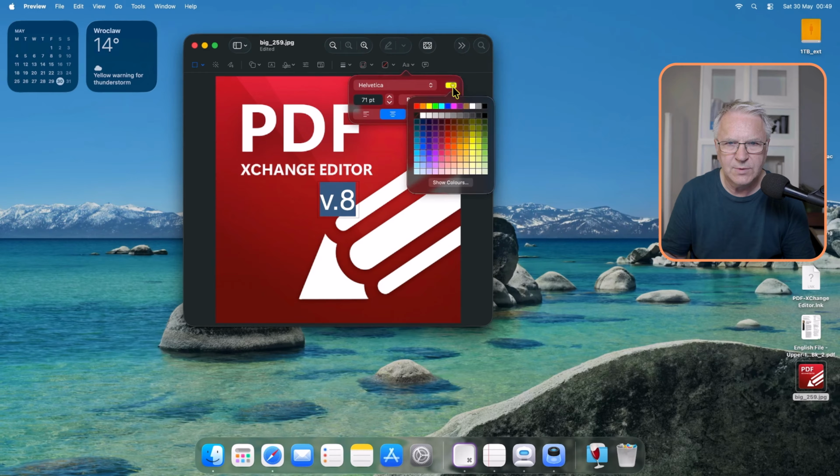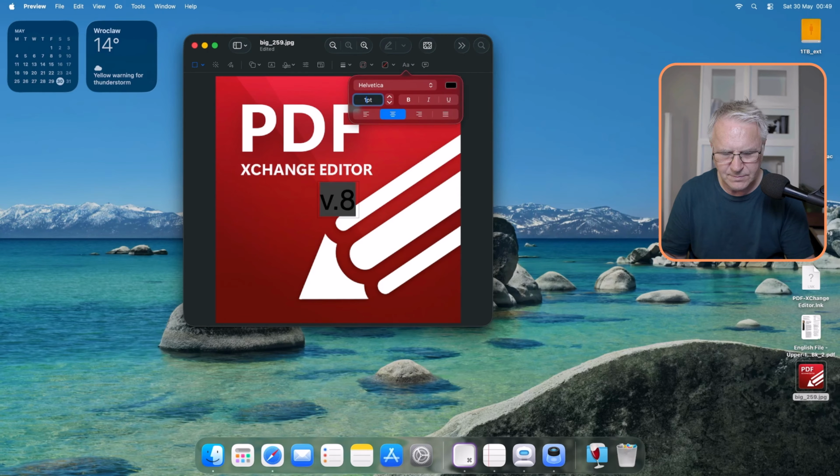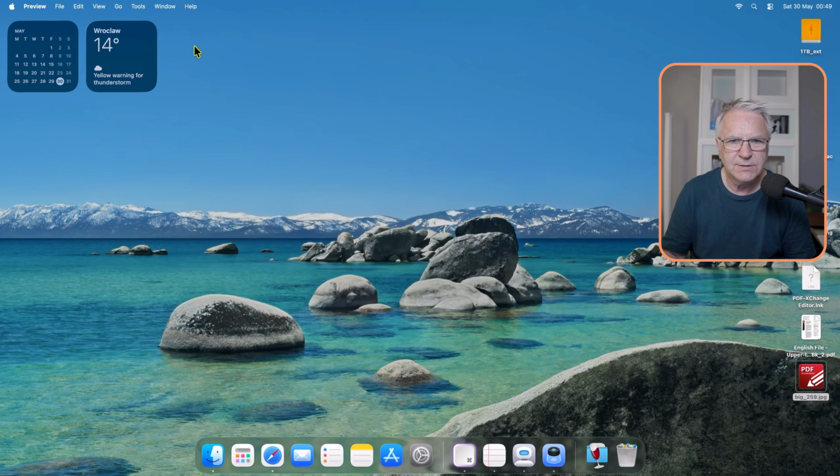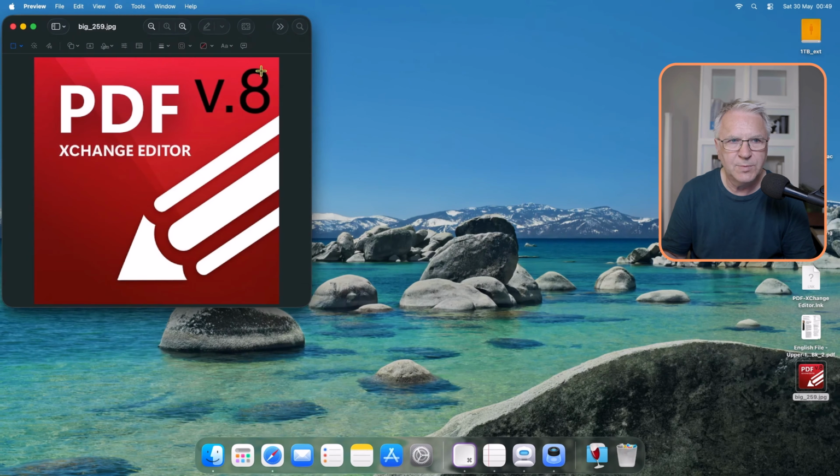We don't want it yellow, we want it black. And we probably want it 155. There we go, and then I can just move it here. That's quite nice, version 8. Now that won't embed itself until you click away. Click the X, and there you can see it is now embedded. So now I'm going to open it again,